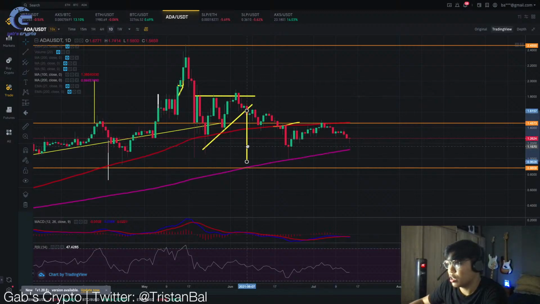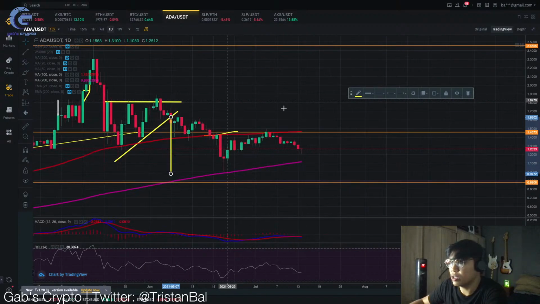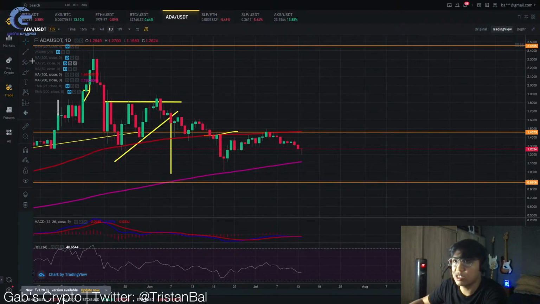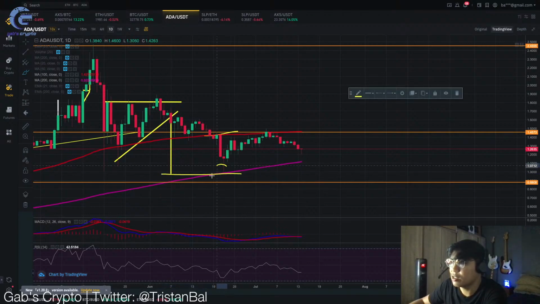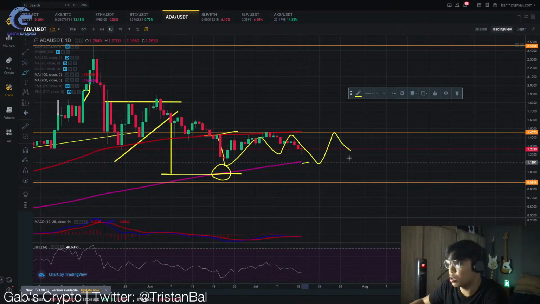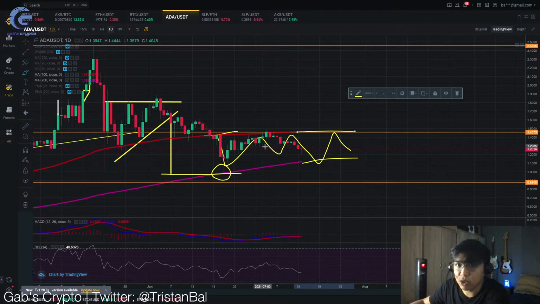So, tingnan nyo to. Si Cardano, nag-play out siya from this triangle and then nag-drop tayo exactly as predicted dito, 2 weeks ago, 3 weeks ago. So, nag-drop tayo with that level exactly. Ngayon, ang kailangan ngayon mangyari is, I think Cardano would more likely play out within this 200 and 100 moving average. So, what must now happen is, in order to flip bullish with Cardano, kailangan niya ma-break yung 100 moving average. And hanggat wala pa tayong nakitang breakout sa ganyang movement, hindi tayo makakita ng pump for Cardano.